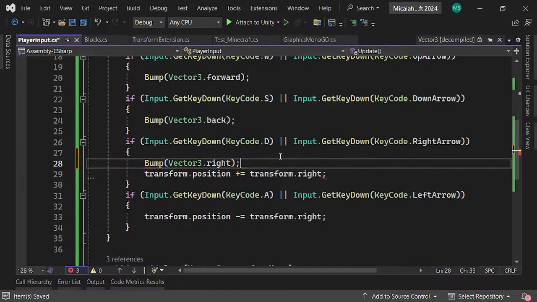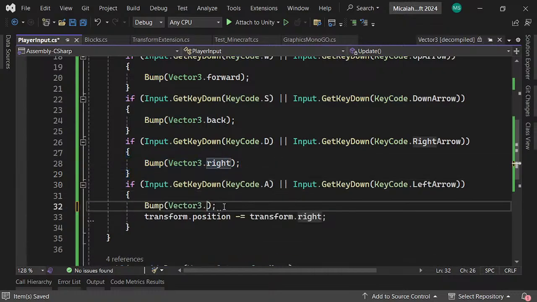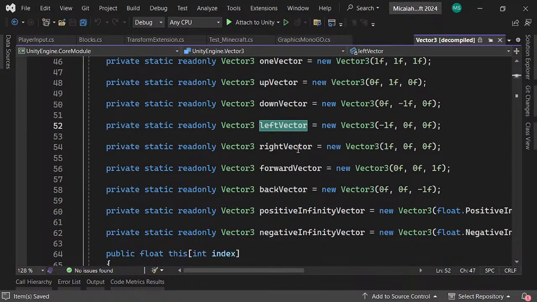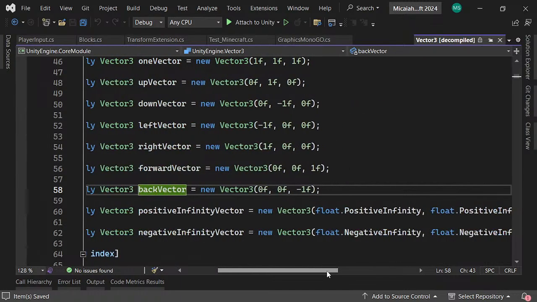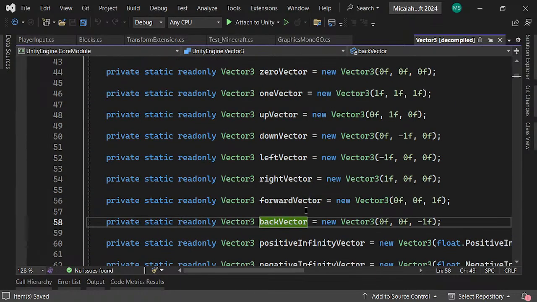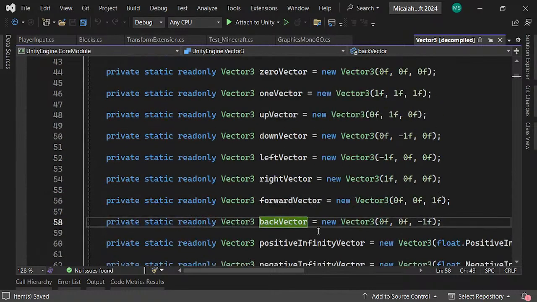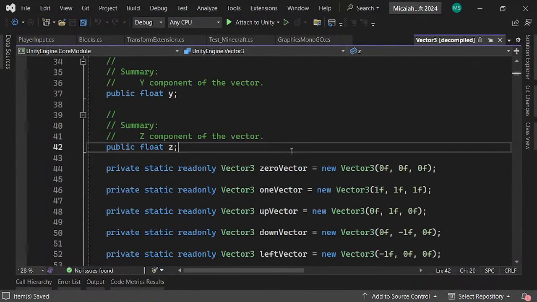I was just noticing that it's the transform position plus, and then this is Vector3 dot left. Now, there probably isn't a, oh yeah, it is the down. Wow, positive infinity vector, and wow, negative infinity vector. And oh, there's no -1 vector. To me, it would be nice if there was a -1 vector. But you also, I don't see